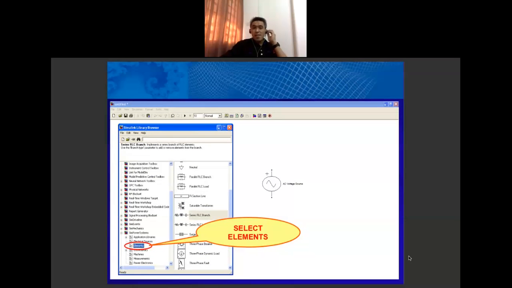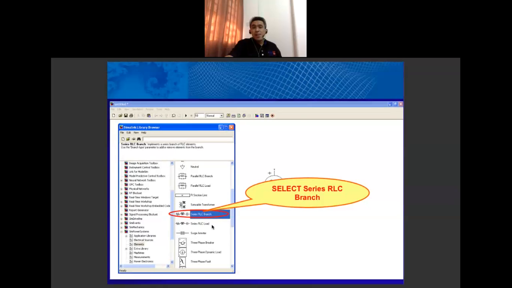And we would like to find another component in the Simulink Library Browser. Go to the Simulink Library Browser, select Elements under Sim Power System. Then you select Series RLC Branch.